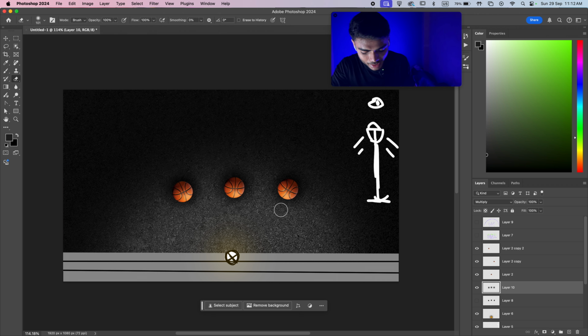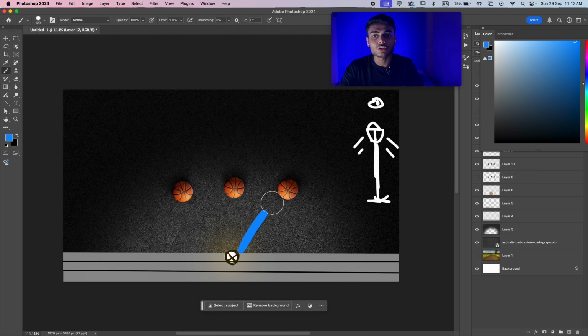There's no way a shadow can be in front of the basketball because light is hitting there. Light is only blocked here by the basketball, so the front of the basketball will be completely lit, and only behind the basketball where light can't reach will be the shadows. And once I erase the shadows in front of the basketball, here you can see it looks a lot better and realistic. Now I'll show you one more example on quickly determining the direction of the shadow according to the